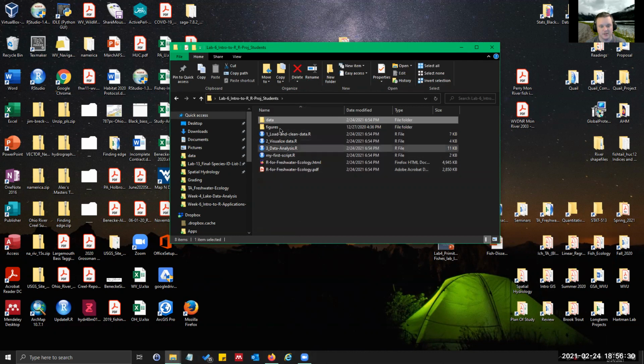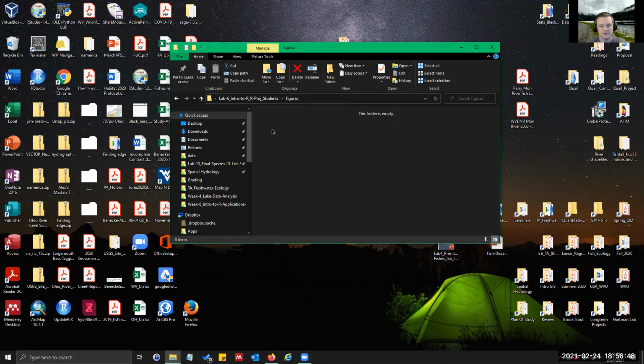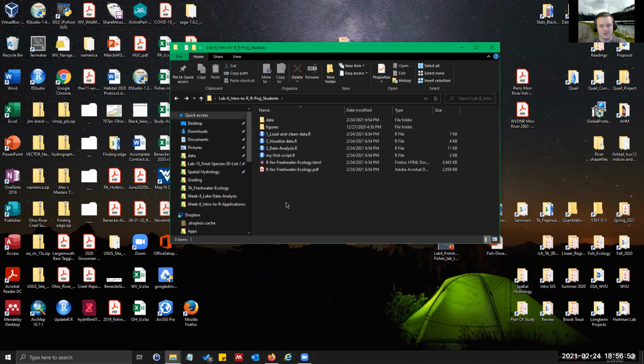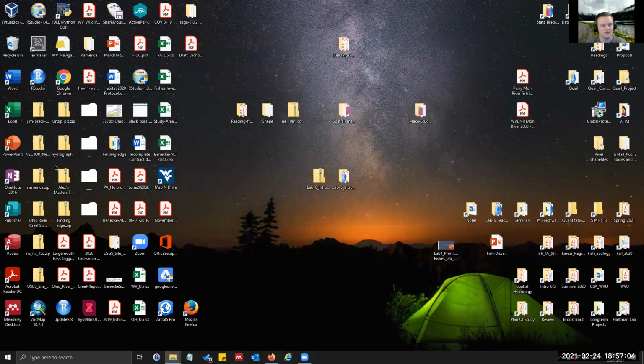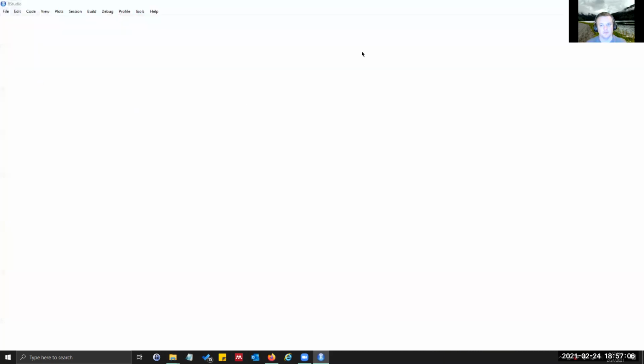So you'll see right now, there's no RStudio project in here. There's just the scripts. These icons may not show up on your computer because it may not be set to default to let RStudio open those, but anything that's .r is an R script. This figures folder is where I like to save my figures just to keep it organized. You can save it to this folder, which will be our main directory or our working directory. It's your preference. So I'm just going to minimize that and then open RStudio.